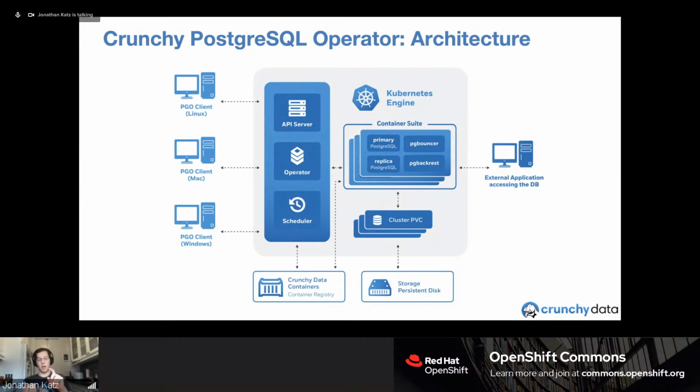It says how many replicas do you want? What port do you want to run it on? Do you want a PG bouncer with it? Do you want to collect metrics with it? And so on and so forth. And from that PG cluster, you should be able to deploy a Postgres cluster anywhere. If somehow your whole Kubernetes environment gets wiped out, well, if your data gets wiped out, then that's a different story. But let's say all your deployments get wiped out. I should be able to redeploy a Postgres cluster that looks exactly like what you had before from that definition.